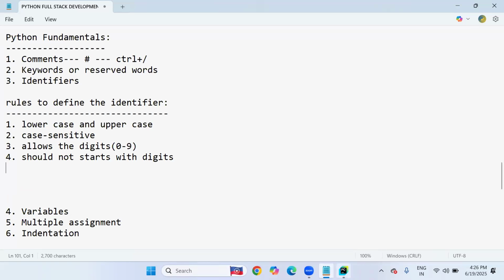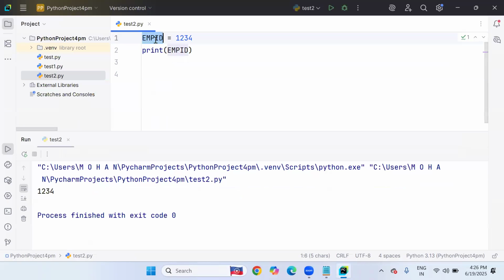For example, here this is emp1id4. There are 2 digits in this variable. What are the 2 digits? 1 is a digit, 4 is a digit. emp1id4 equals 1, 2, 3, 4. So print emp1id4, we are printing it, and it works, no problem. This is a valid identifier, because it allows digits and we included a digit, but